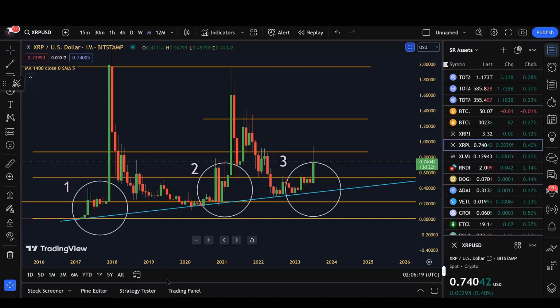And so I played around with the charts this morning, thinking, okay, where could it potentially go if you're new in the market? Have you really missed the train, or is this a train that is going to be constantly moving? So I've got what I would call the macro chart up. It's the monthly chart, so each candle is one month. And even just glancing at it, you don't need to be a TA expert. You can see there have been times when XRP has rocketed to the moon, come back down, gone up again,